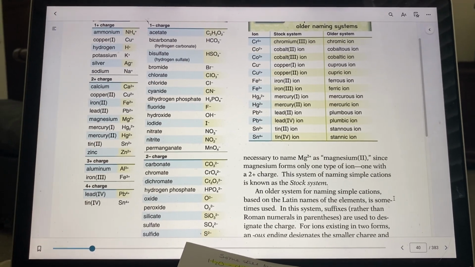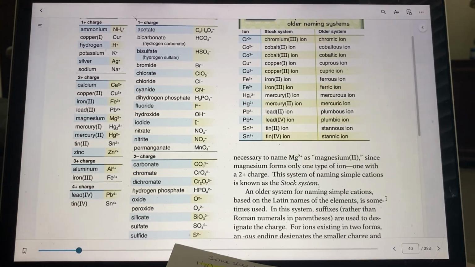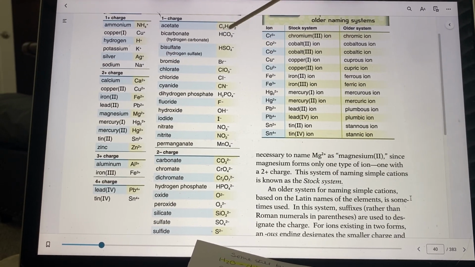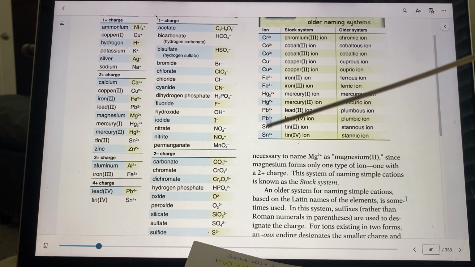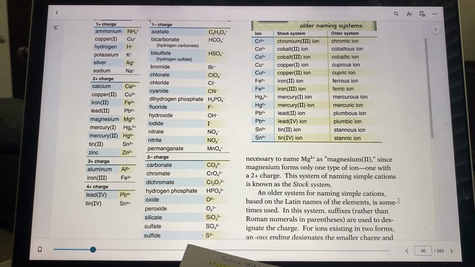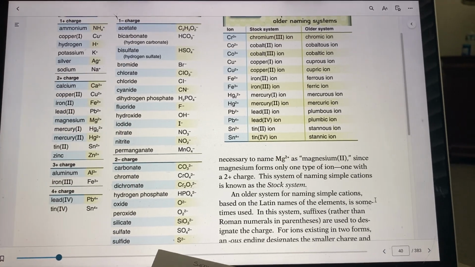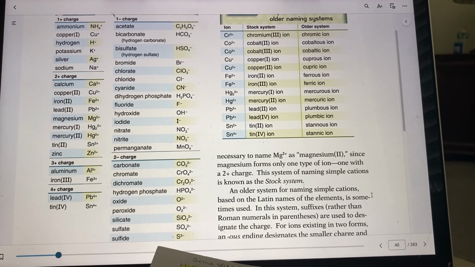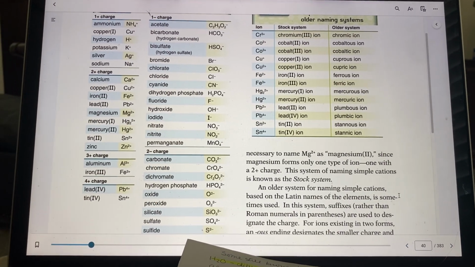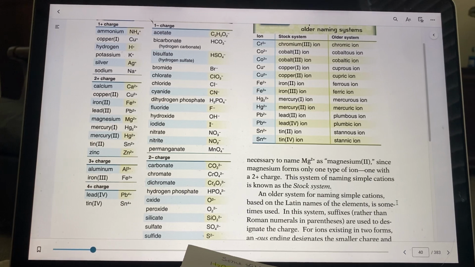So these are all simple. Remember, they don't look like these, right? They're just very simple, but they have a number by them, a Roman numeral telling what their charge is. Okay, so let's go on. Just remember down here it says,